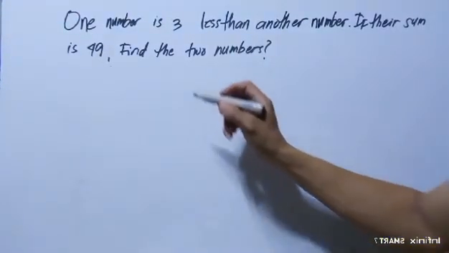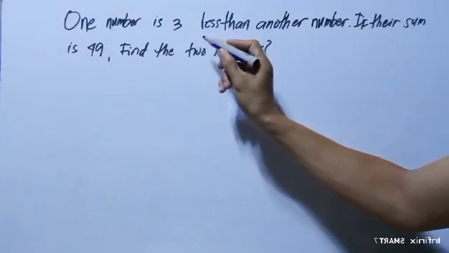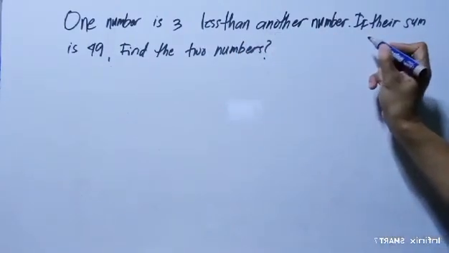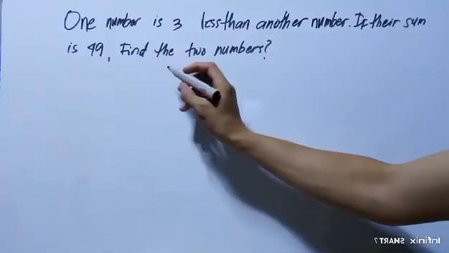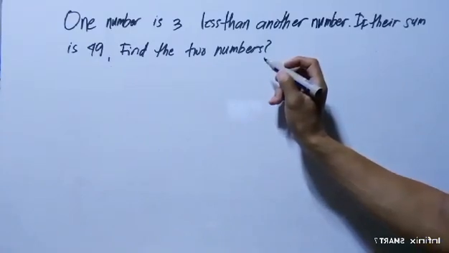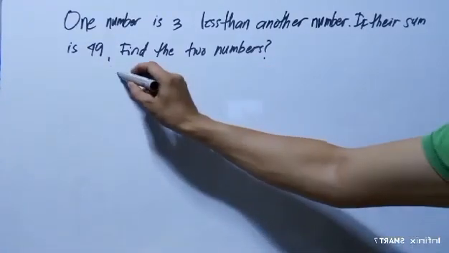Okay, we will solve this one. One number is 3 less than another number. If the sum is 49, find the two numbers. Okay, so we will